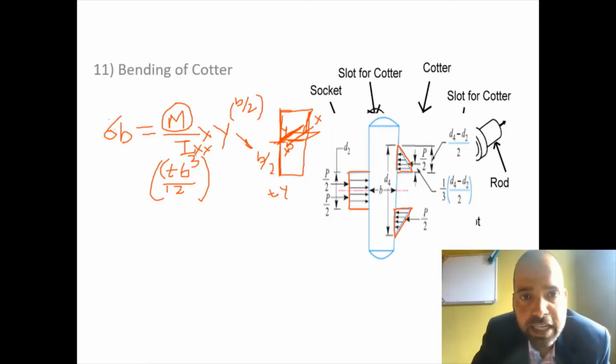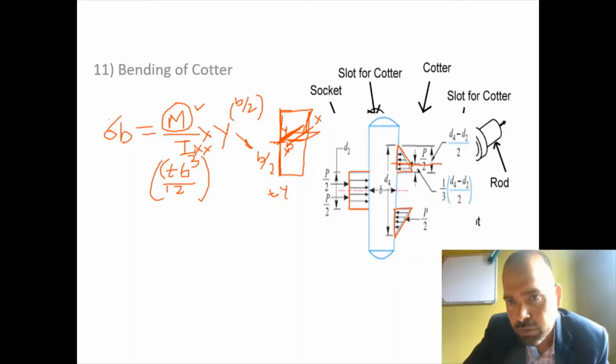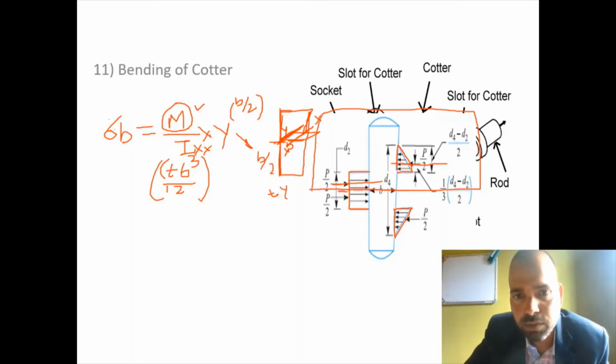Now I have to find out the maximum bending moment which takes place in the component. That maximum bending moment will be from the center of gravity of this triangular distribution and from the center of gravity of the rectangular distribution for the above half portion. We are going to consider analysis only for the above half portion, and the same analysis we are going to apply for the below half portion. For the above half portion, this is the center of gravity of the rectangular distribution, and this is the center of gravity of the triangular distribution. So we have to find out from this p by 2 to this p by 2. This is the portion.